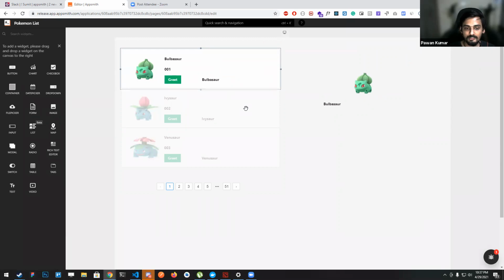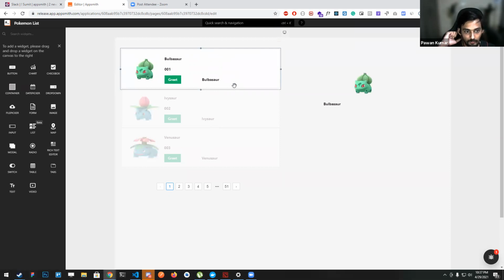So this is a kind of alternative to a table-looking list. So instead of table, you can now simply use a list widget if you want more control on how your container should look. I think that's the main feature set of the list widget right now.